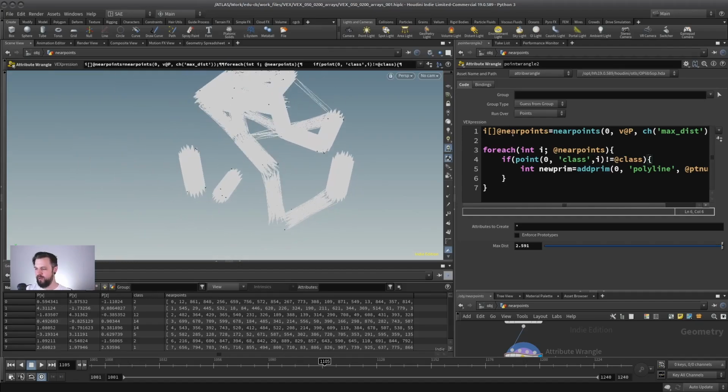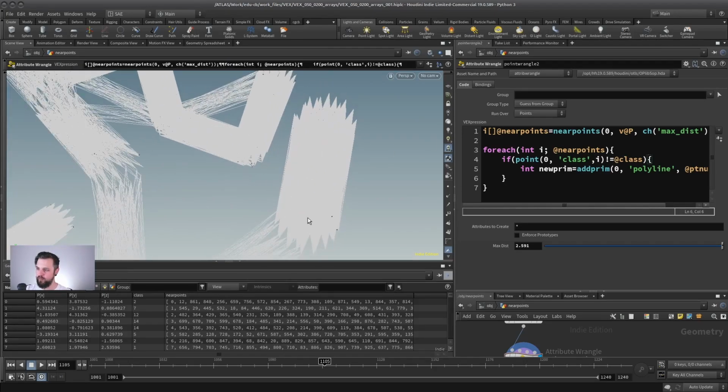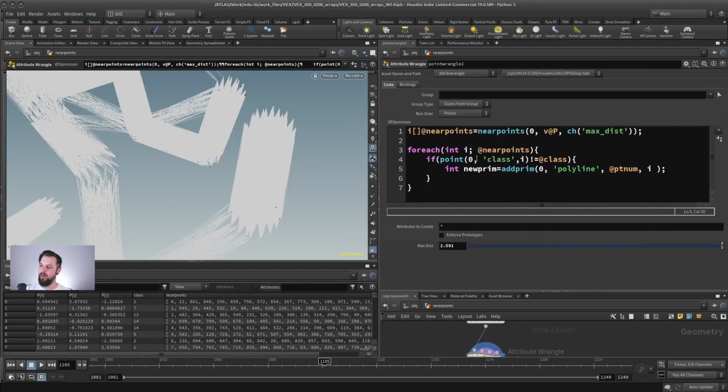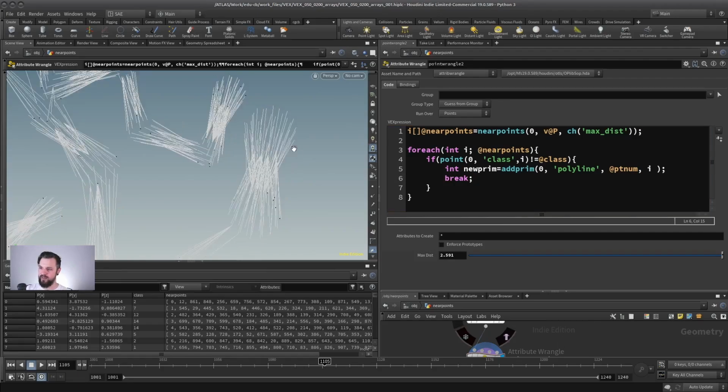By the way, sometimes, like now, we have again the problem that each point finds multiple points where this check here is true, because there are multiple near points potentially with a class attribute different to my own one. Now, what you can do here simply is, if you found this the first time, you can just stop the for each loop. And the function for this is called break. And if I do this, you can see now we only